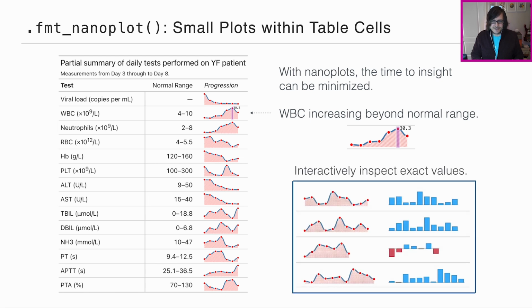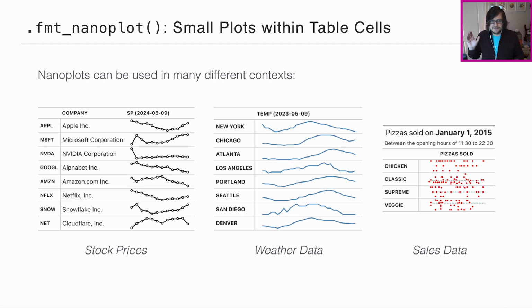And nanoplots are really cool because they're interactive. You can just hover over different values, like different points, and get a readout, which is really kind of neat. So you can either just look at it or explore a little bit. So inviting that interactivity is kind of a cool feature we wanted from day one when designing these nanoplots. Okay, and they're really flexible too. They can be styled in many different ways, and because of that, they can be used in many different contexts. Like, for instance, stock prices. There's a table right there showing them. Nanoplots are pretty good for that sort of thing. Weather data, there's temperatures, also pretty good. You can sort of compare lots of different places and get your weather data that way.